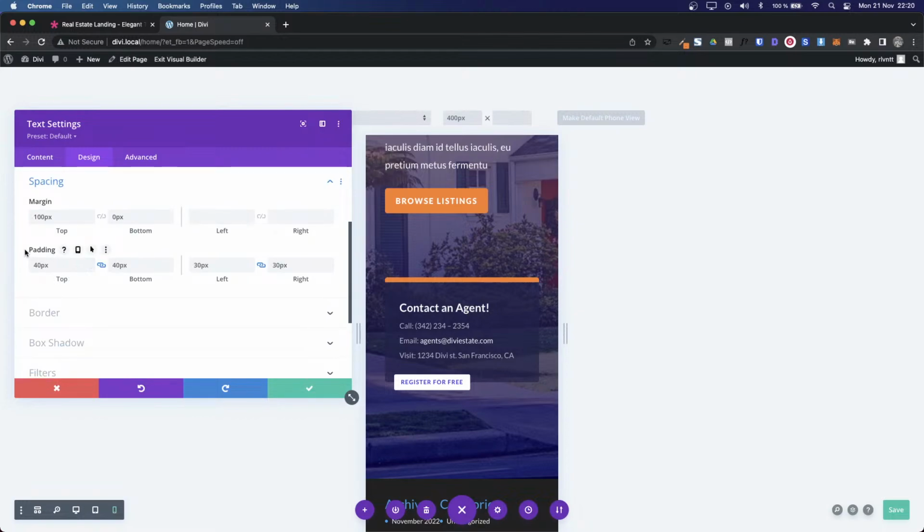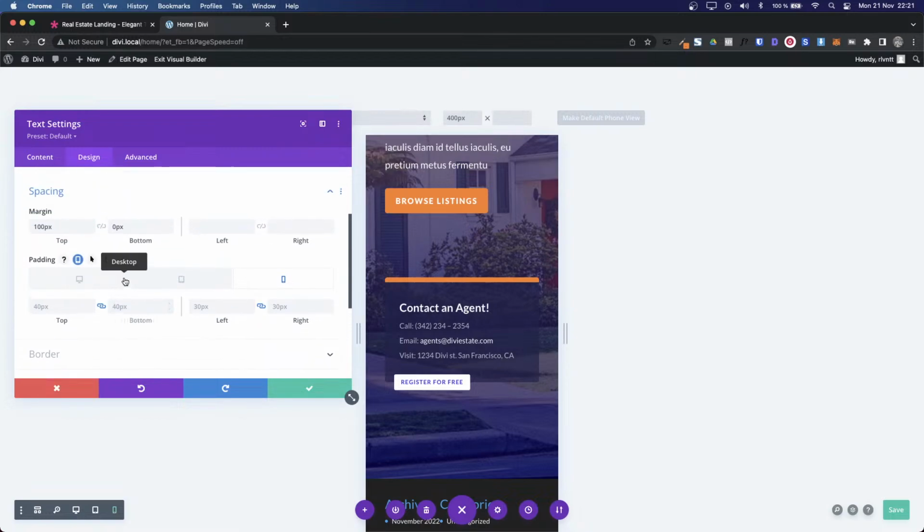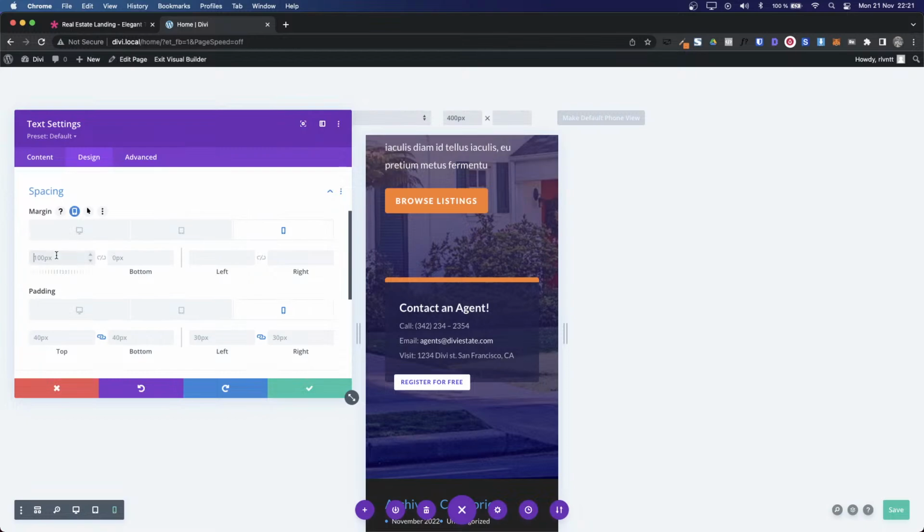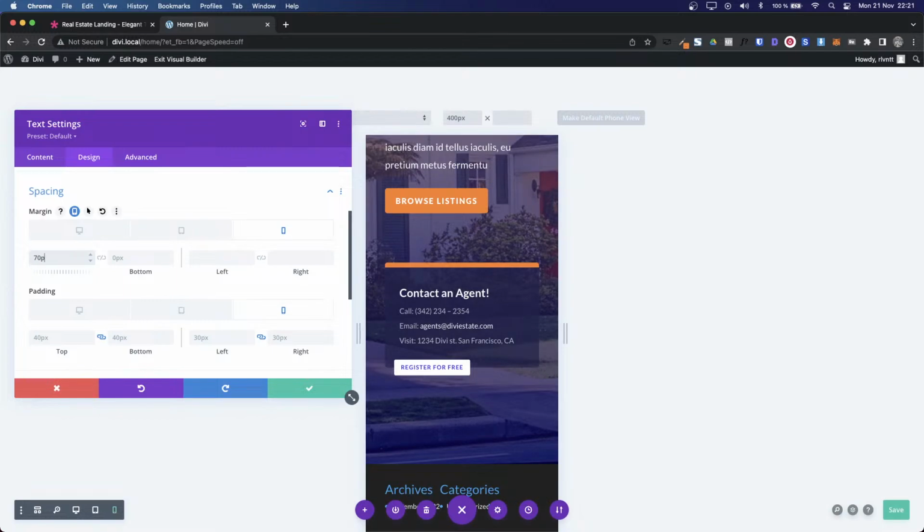And all these specs have these icons. When you click here, it will open up these tabs, so you can specify padding or margin or whatever you are trying to do here, just for mobile, for tablet, or for desktop. In this case, we want to set the margin for mobile, maybe to 70 pixels,